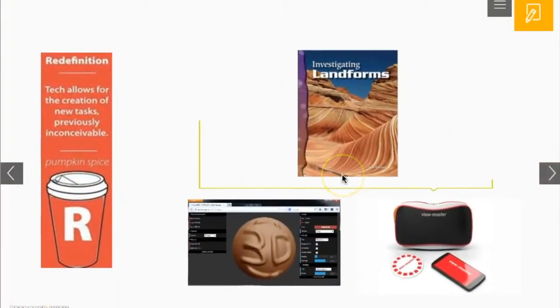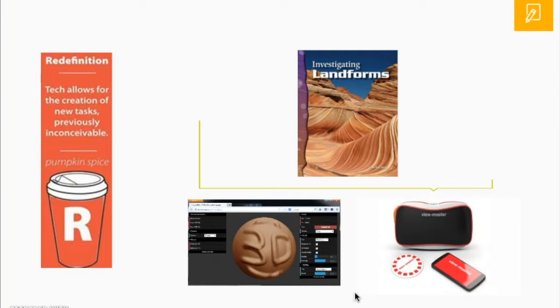So for redefinition, tech allows for the creation of new tasks previously inconceivable, so tasks that could not be done without the use of technology. So again, going with our coffee model, this would be now a pumpkin spice all the way from just your general no cream coffee. And so I was thinking about one project I do with my 5th graders